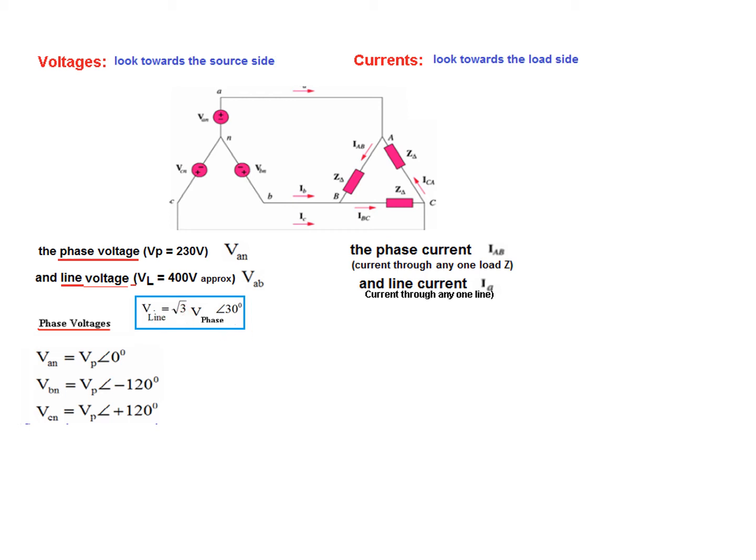You know the line voltage will be more than the phase, so we multiply it by root 3, and we just add an angle of 30 degrees with it. So using this formula we can find the three line voltages, that is VAB is root 3 VP at 30, then VBC is root 3 VP at 90, and VCA is root 3 VP at minus 120,